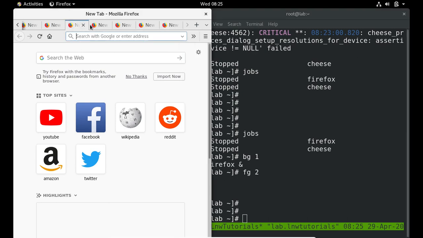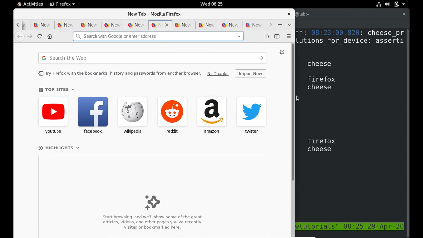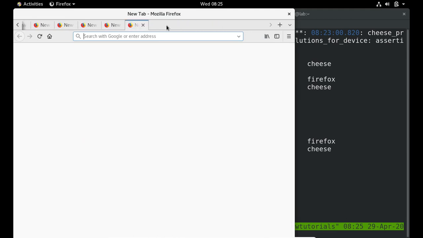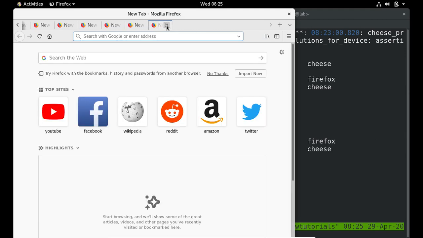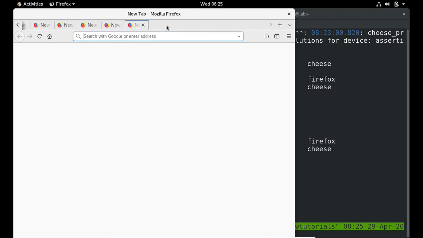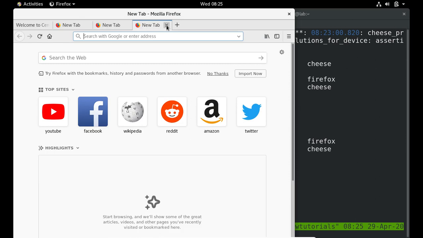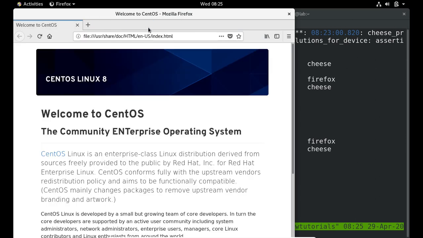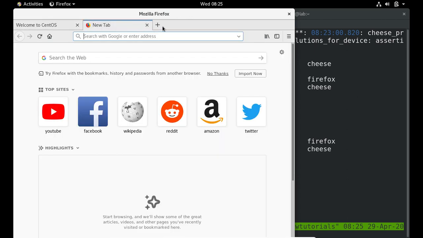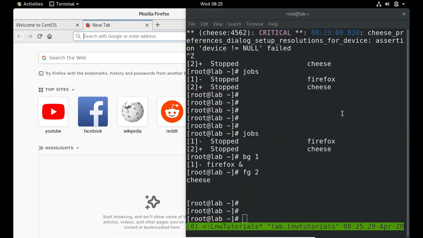Now look here, earlier when I tried for a new tab, it didn't go through, because at that time I had stopped it. Now this time if I want a new tab, I just hit new and it works normally, and I even have the shell here to work.